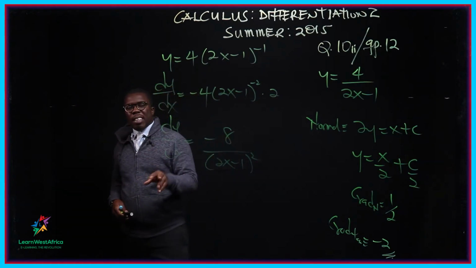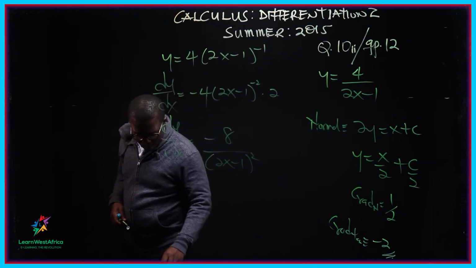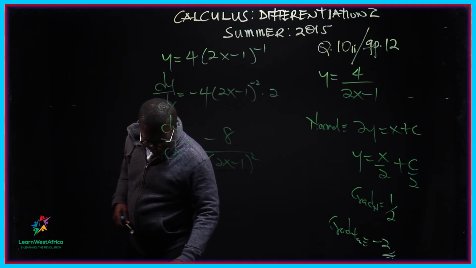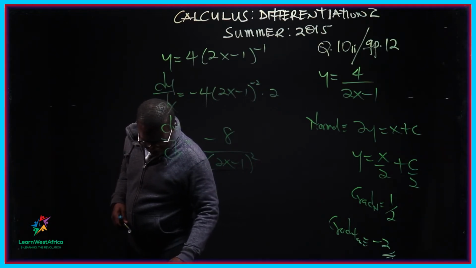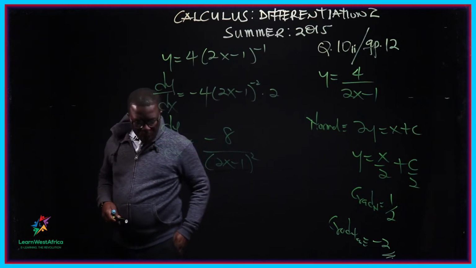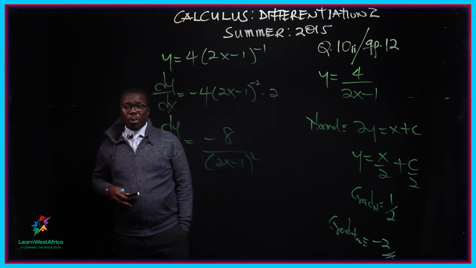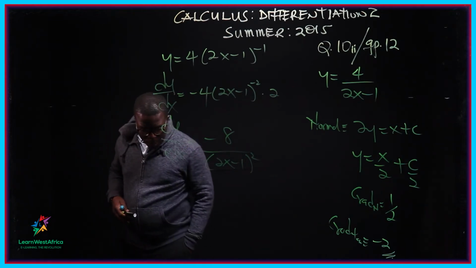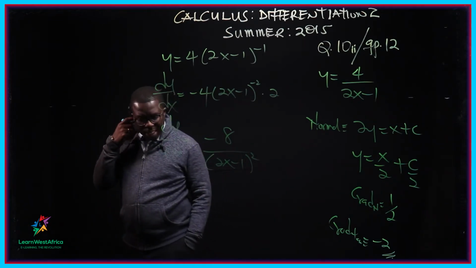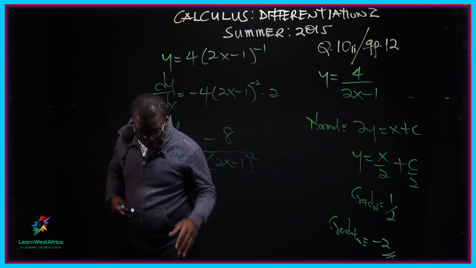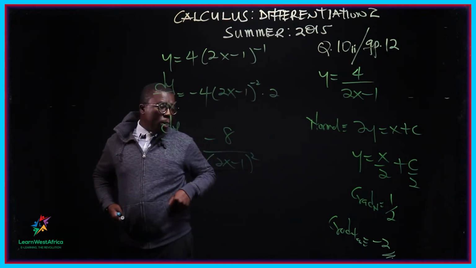All right, so this dy/dx, which is the gradient of the curve, can also be used to find the gradient of the tangent at that particular point that we are speaking about. So what then do we do here? All right, at the point of intersection, the gradient of the tangent is equal to the gradient of the curve. So we can have